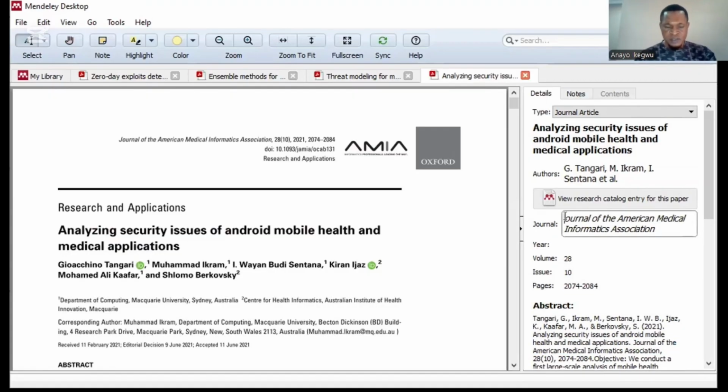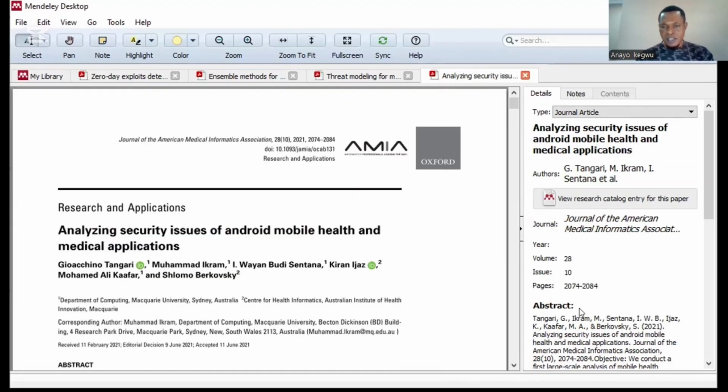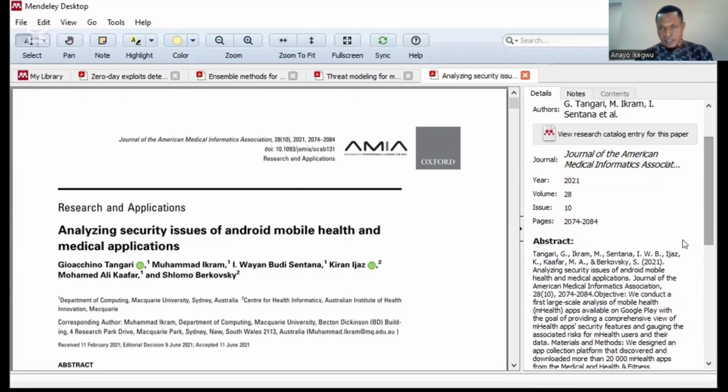If you like, you can do it manually. You can just write them down and enter them, or you do it the way I'm doing it. Then the year, you see the year. The year is 2021. So then the volume and everything is there. So what am I trying to say here is, if maybe it's only the year that is not there or the journal name is not there only, all you need to do is